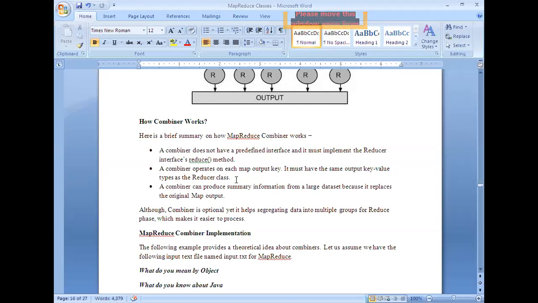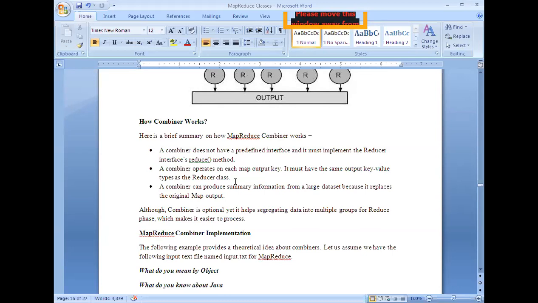So I am calling it a part of the reducer, but it is not physically part of it. Whatever the intermediary mapper outputs, they will be converted into some XY format, and that XY format should be the same as the final reducer output. That is a very important point.